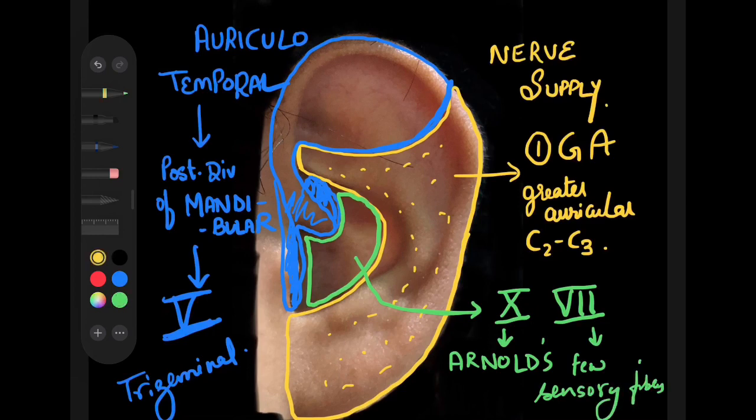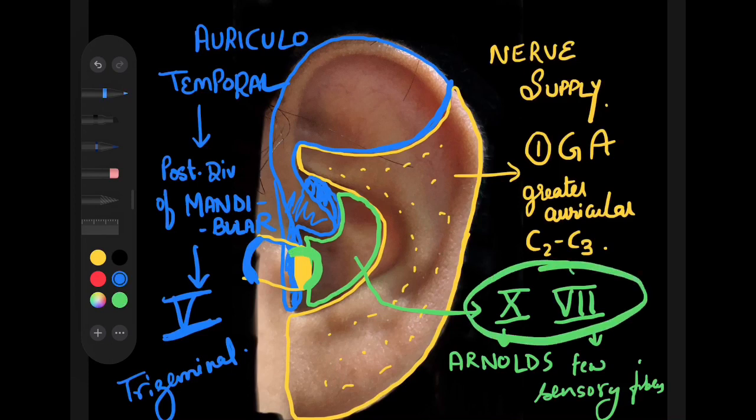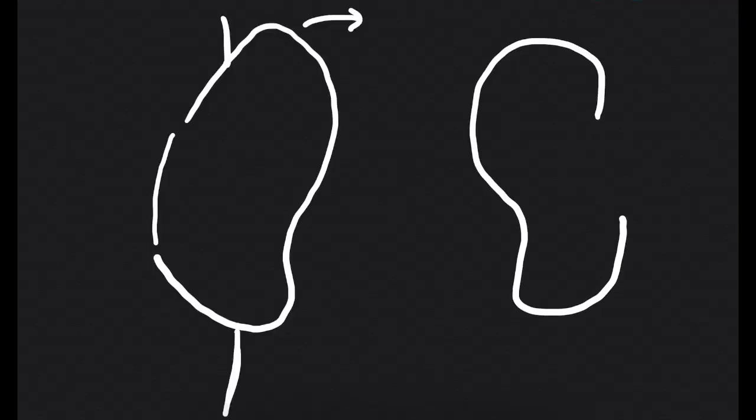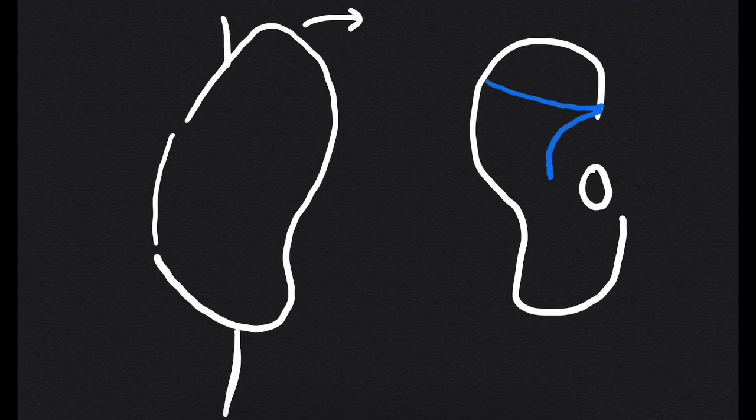Now, see, there's a very good concept over here. If you consider this to be the opening of the EAC and then consider the EAC along with this, then, similar to this external supply, the posterior superior wall of the EAC is supplied by the vagus nerve, and the anterior inferior wall of the EAC is supplied by the trigeminal, and similar is the supply of the tympanic membrane. Now moving to the posterior or the medial surface, for learning that, we'll compare it with the anterior surface or the lateral surface.